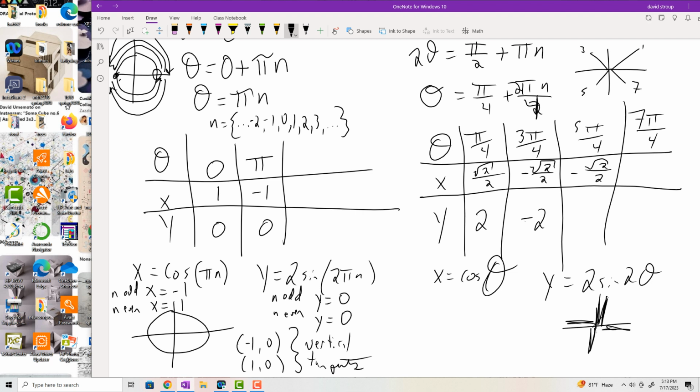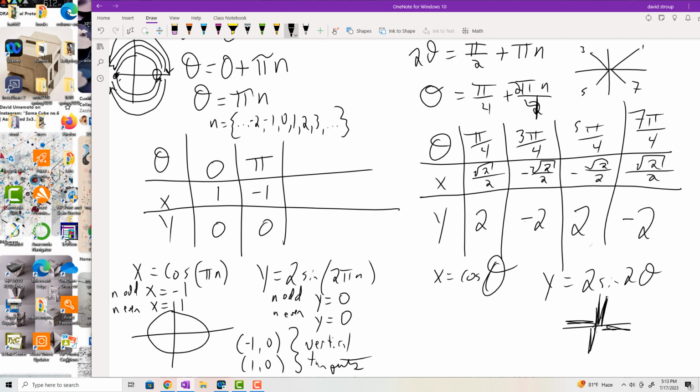So it's +1. So you get 2. 7 pi/4 cosine will be positive now, so √2/2, and then the output of y is going to be 7 pi/2, so 5, 6, 7. That'll go down to negative. You literally get